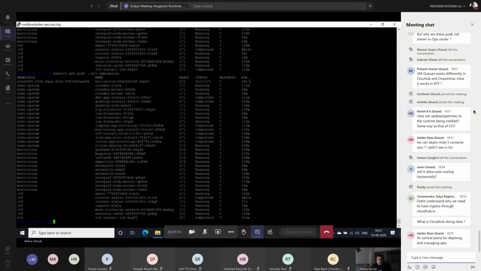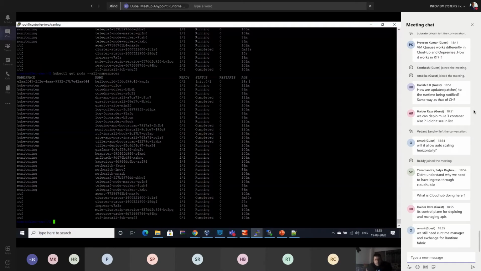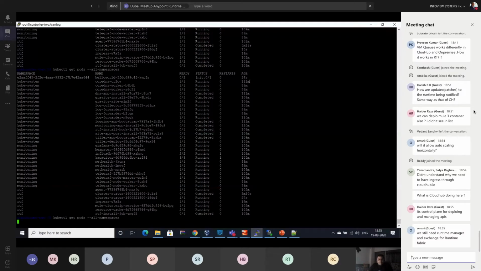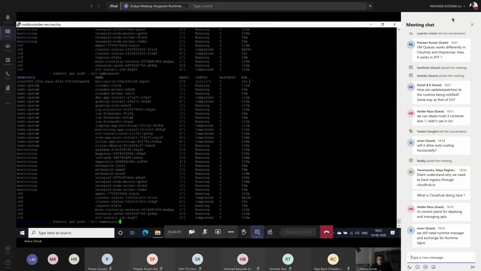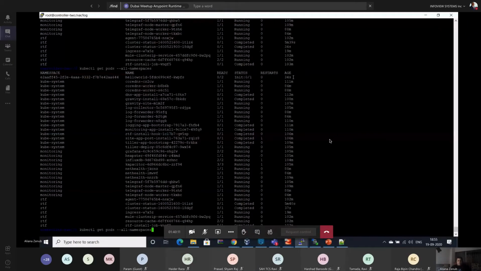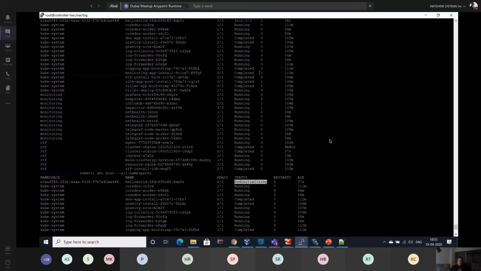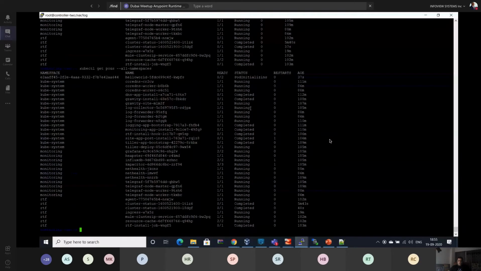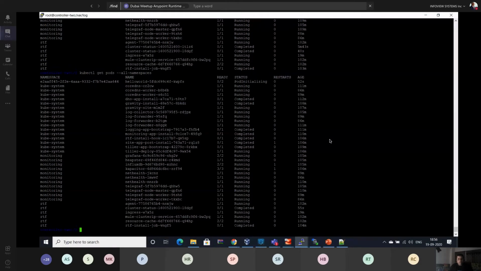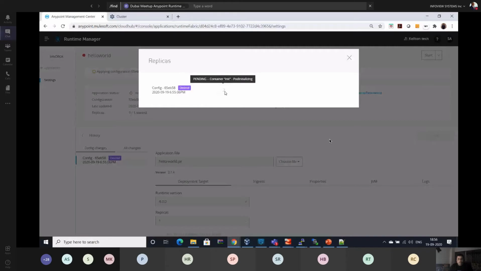Okay. It will take a couple of moments. Just hold for me. See, the pod initiation started. You can see previously it was initiated. Now pod initialization has started. Okay. So now pod creation has started. Just wait for some time. You can see the pod initialization has already started here.